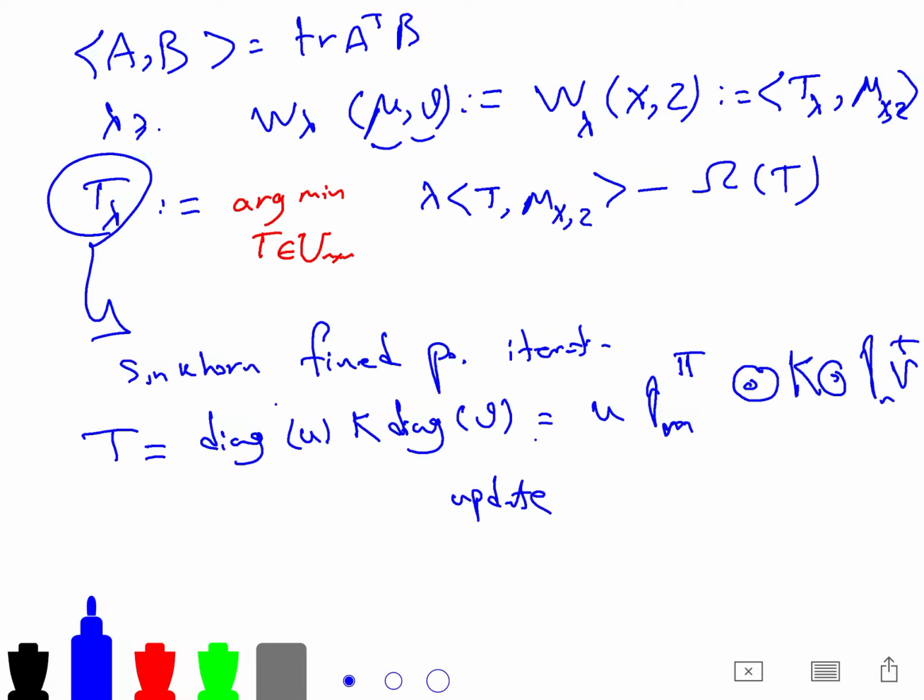Because it's an iterative process, because you are using the fixed point theorem, in this process V k is 1m divided by K transpose U k minus 1, and U k is 1n